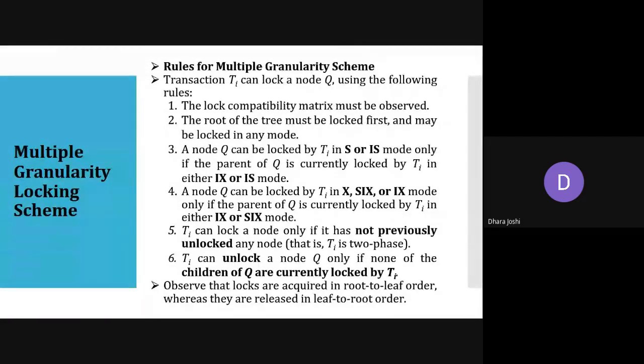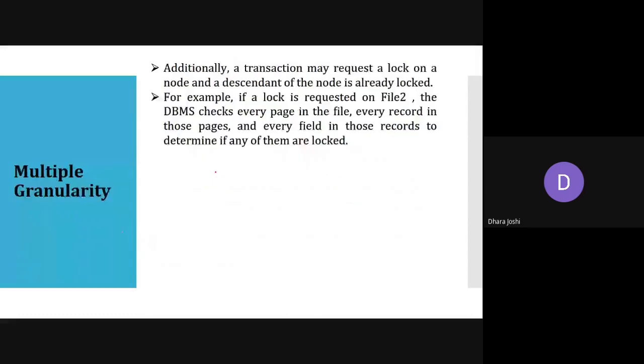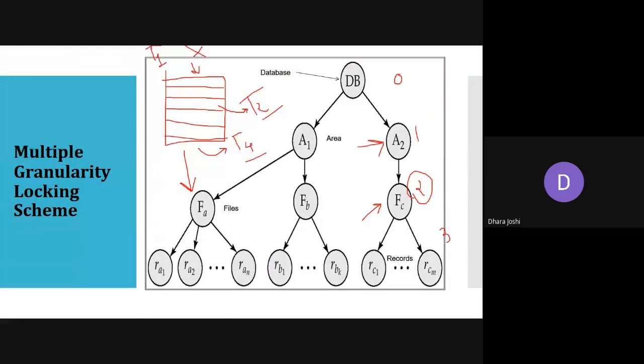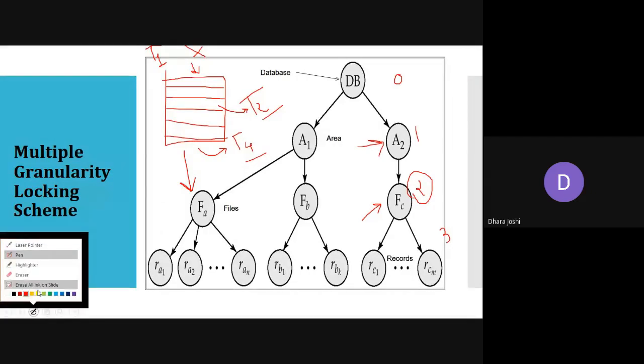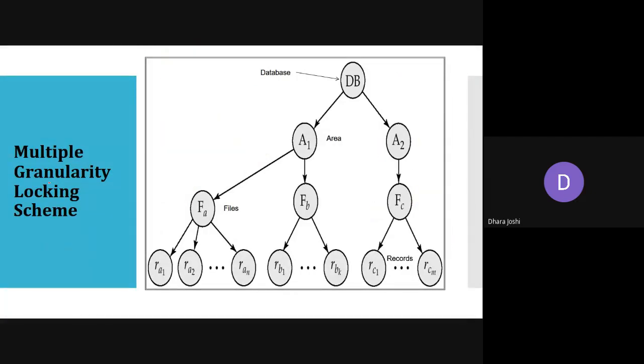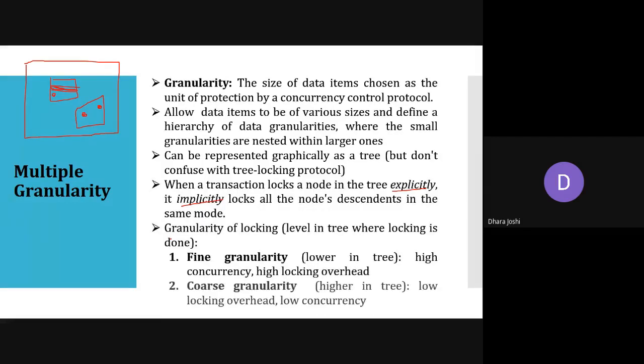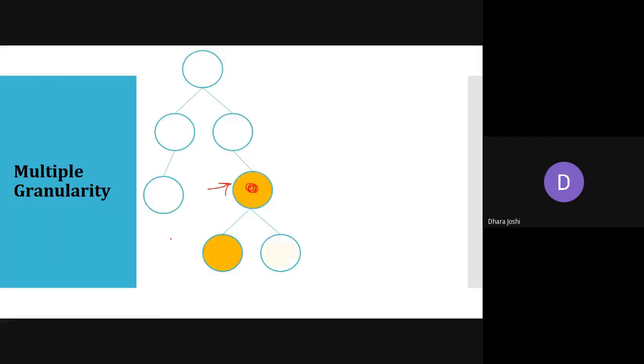Remember, in the exam this question can be asked in multiple ways, like explain multiple granularity locking schemes. So you need to write all these 6 rules. The figure, I'm just showing you again. So remember, this figure is important. It is from the reference book itself. So if in GTU they ask about multiple granularity locking schemes, you need to draw this figure, explain those 6 rules, and write these two types, fine and coarse granularity. This we have done for visualization.